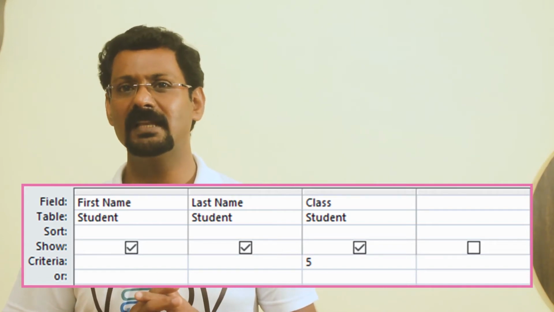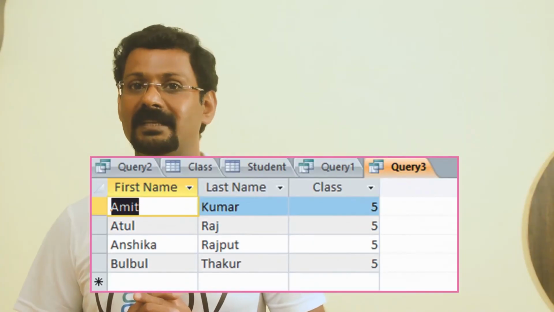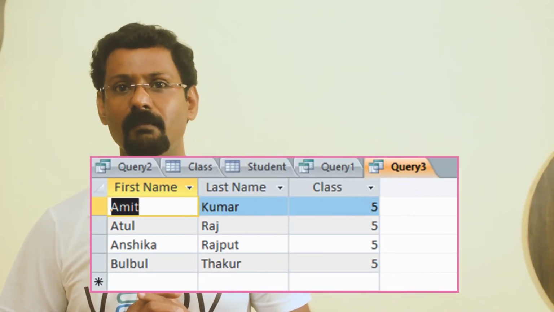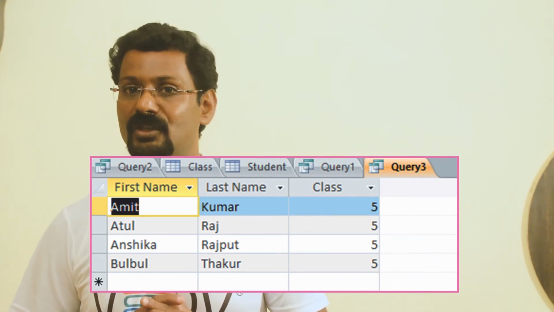Number 6, after selecting criteria, run the query by clicking the Run command on the Query Design tab. Number 7, the result will display in the datasheet view. Multiple criteria may be applied on tables using And or Or conditions. The And condition is applied when the two criteria are on the same line, and only those records that meet both criteria are shown. The Or condition is applied when you enter one criterion on the criteria row and the second on the Or row, and records that meet either of the criteria will be displayed.